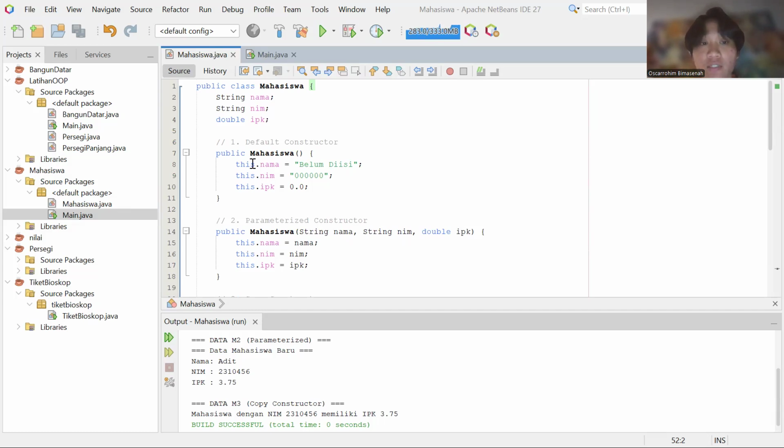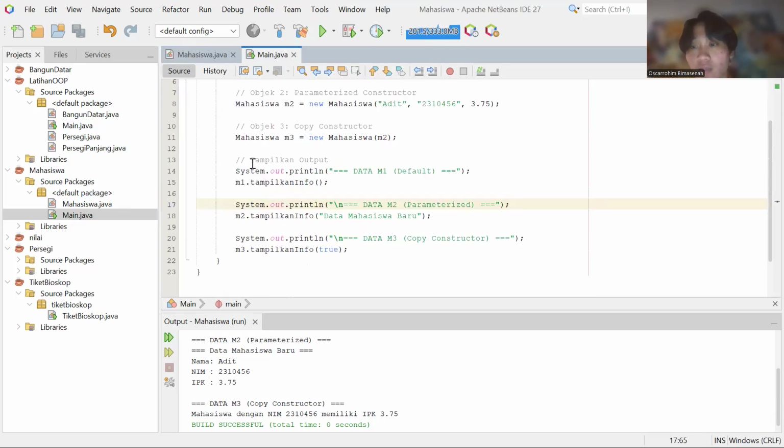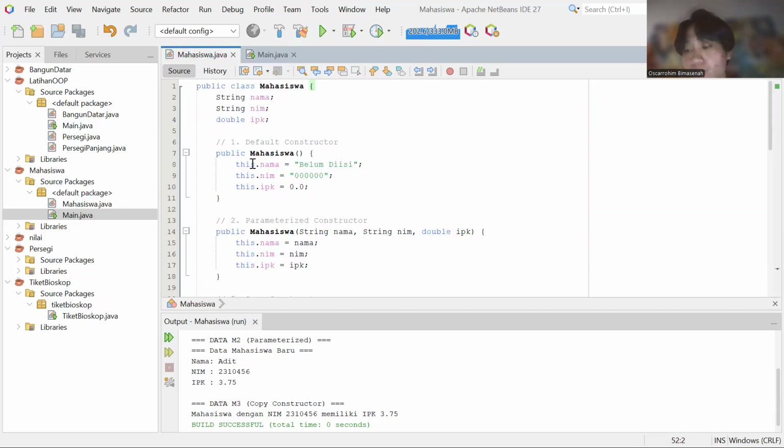First one is mahasiswa.java and two, main.java. This file main.java is used to run the program. So the structure is simple but strong enough to show how object initialization and method flexibility are used in actual applications.